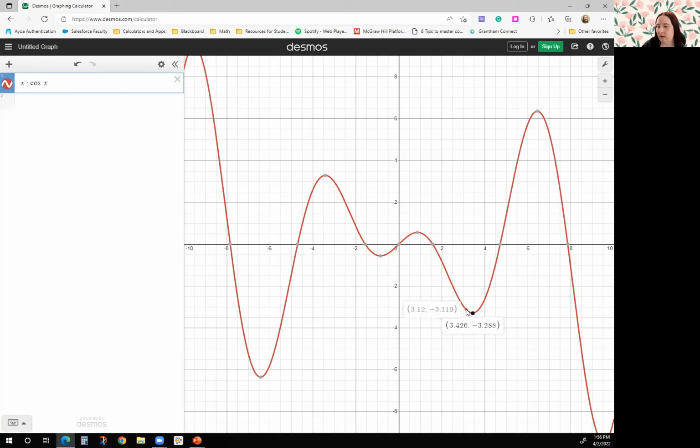Somewhere around here, there we go. Okay, 3.14, pi is 3.141592 something. But you can see that at approximately pi, our y value is negative pi, which matches what we got with the algebra. Oh, I moved my mouse and now I'm no longer on the number. There